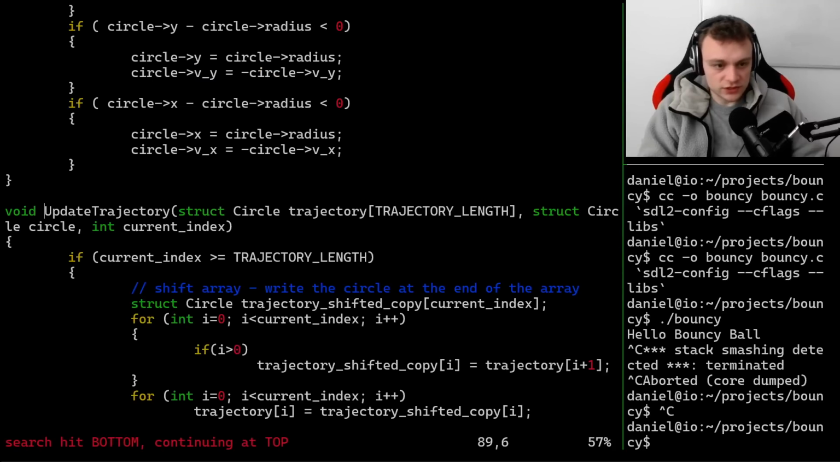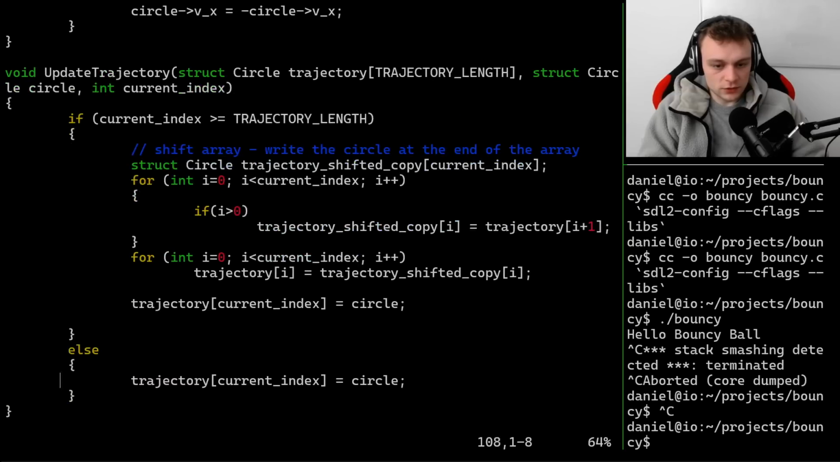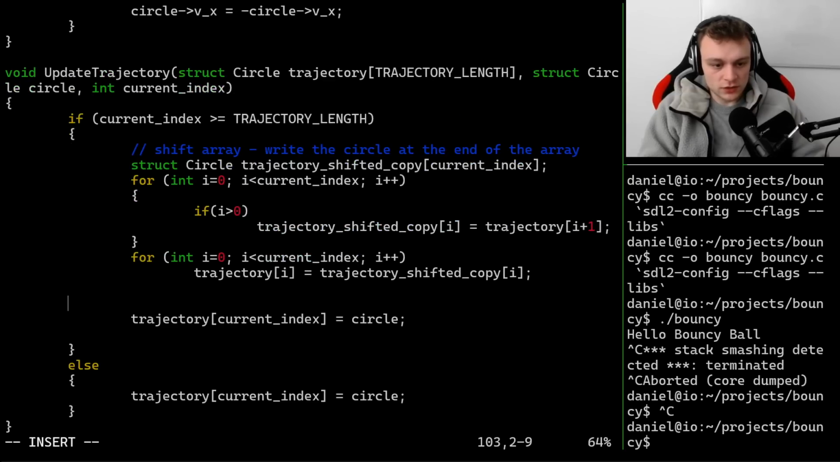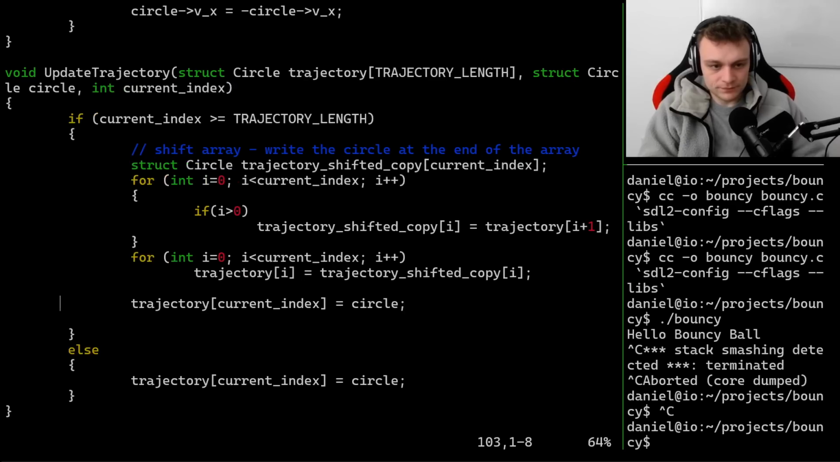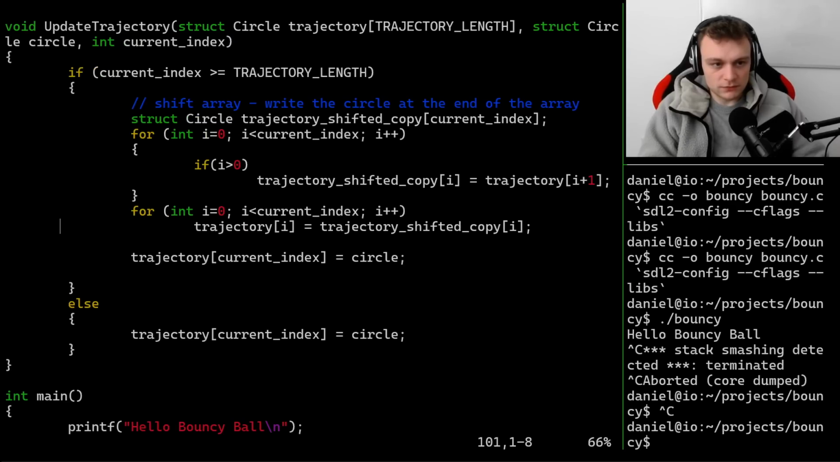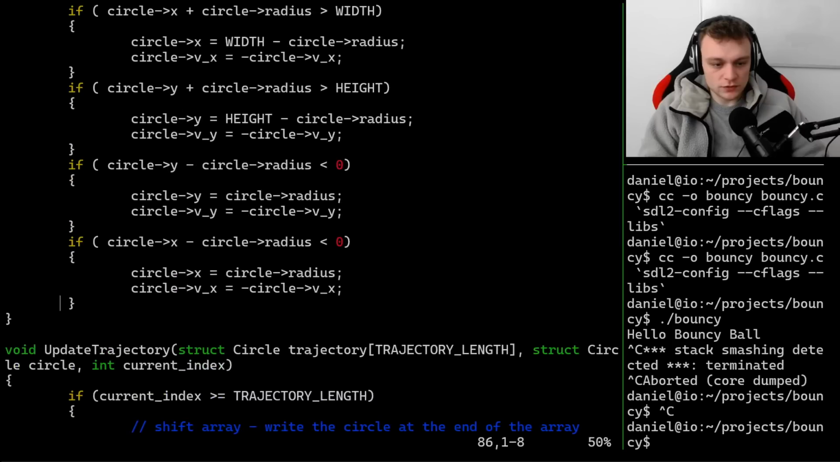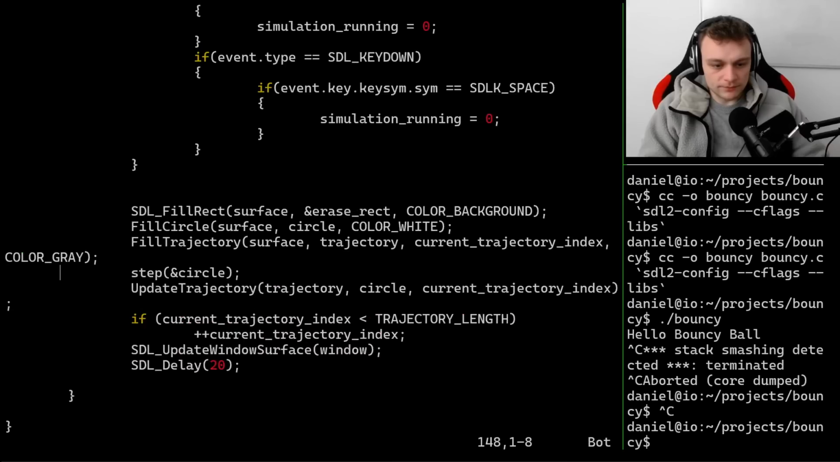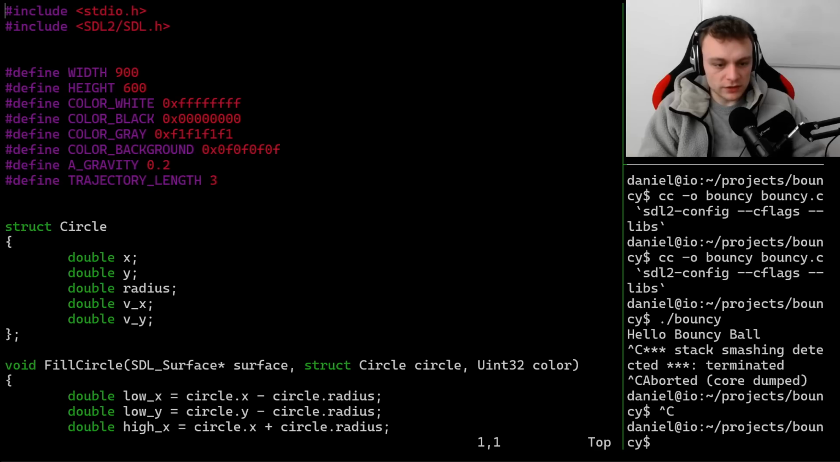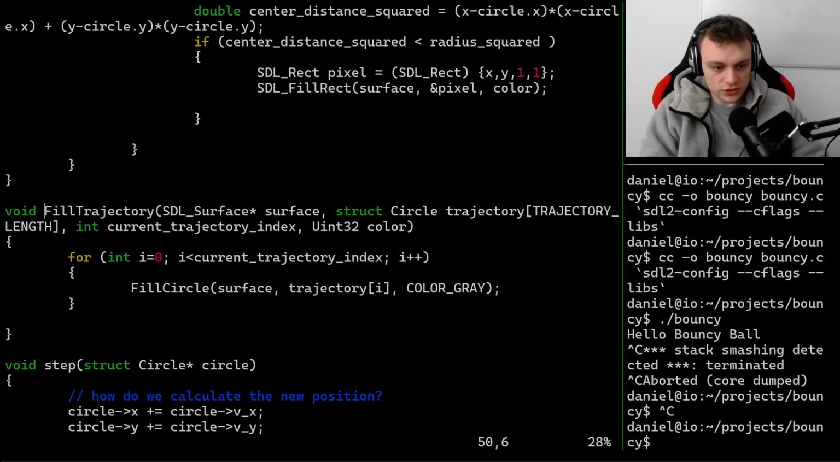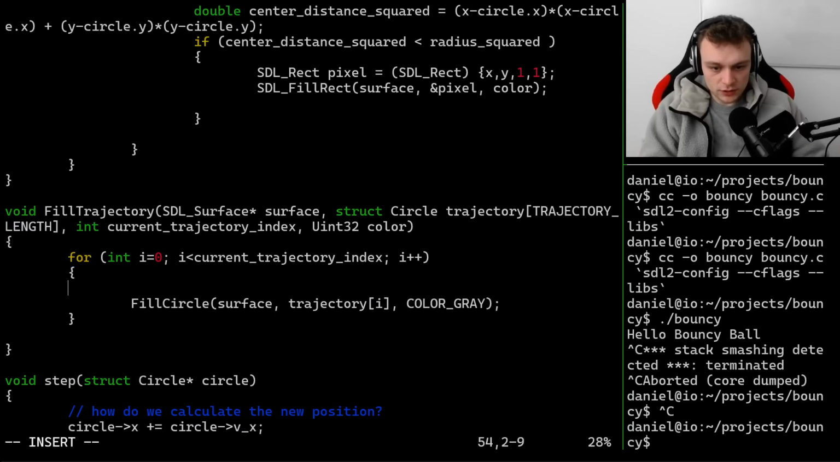We're updating the trajectory here. We're putting a circle into the trajectory, but maybe we should... Yeah, instead of drawing the trajectory, where do we draw it? Fill trajectory, right? There in fill trajectory, we will... Wait, trajectory, where is that method? Here, fill circle. We're passing circles into the fill circle method, but